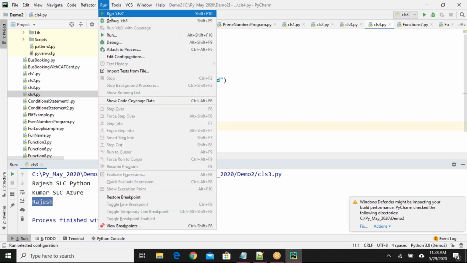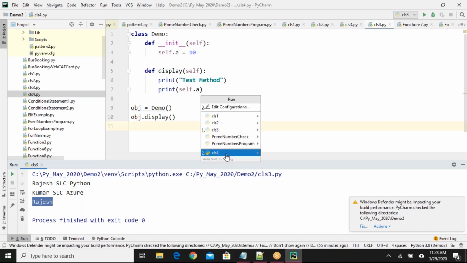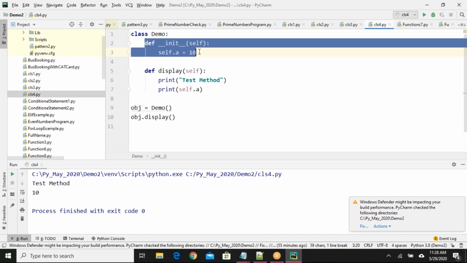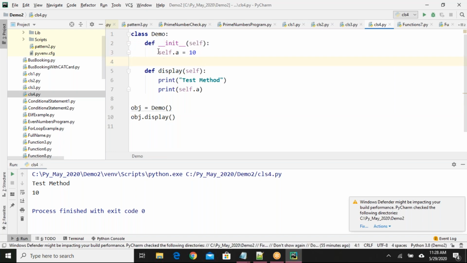If I run this, see here, test method and 10. How did it come? When I create an object, first the constructor will be executed. In the constructor, we have declared a variable self.a equals 10.